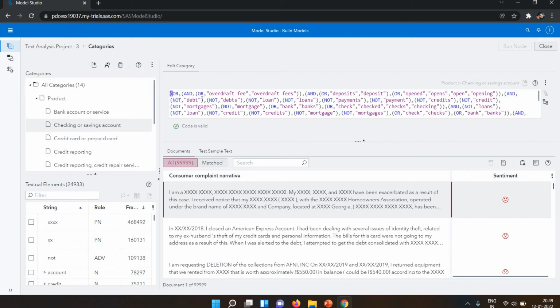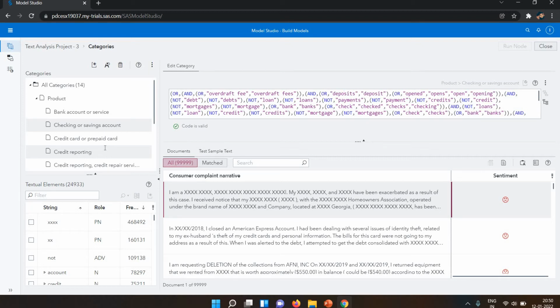Now you can see OR and AND, and some words are used: overdraft fees, deposits. So these are categories that were created by default.